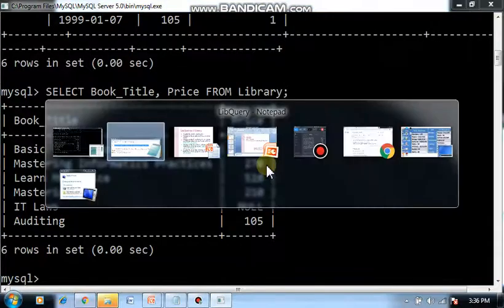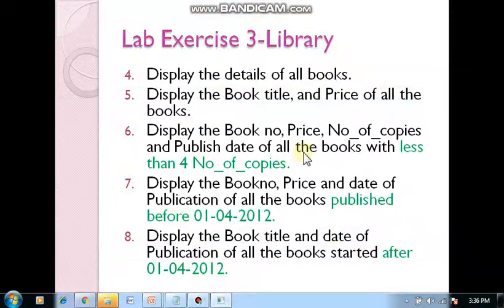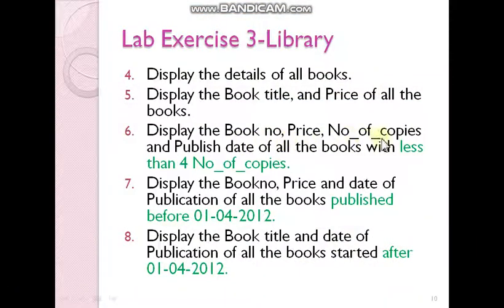Now let's move on to the next question, that is display book number, price, number of copies and publish date of all the books with less than 4 number of copies. That means number of copies must be less than 4. We are telling a condition. So to apply this condition, the where clause needs to be used along with the select statement.